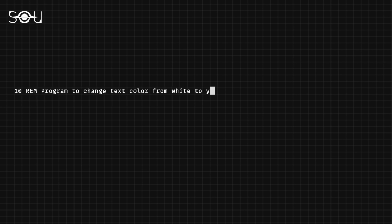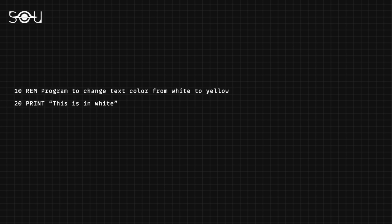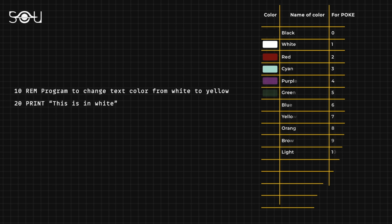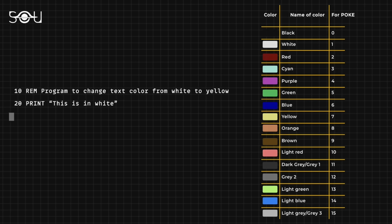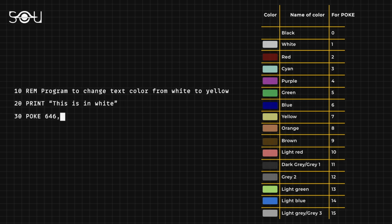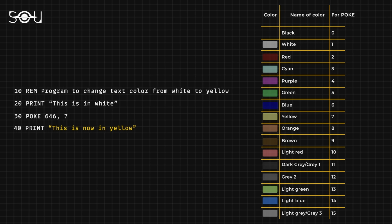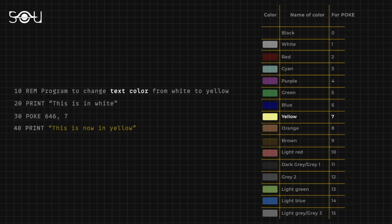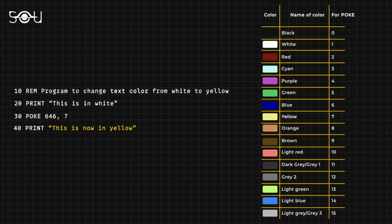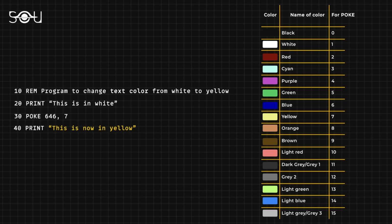For instance, in some old computer systems, like the Commodore 64, if you wish to alter the text color, you could achieve that using the poke command. Each color is denoted by a number, and the text color is managed by the value stored at a specific memory address. By executing a command like poke 646,7, you could change the text color to yellow. Here, 646 represents the memory address responsible for the text color, and 7 signifies yellow. This command gives programmers precise control over the system's physical features, making it a valuable tool for implementing exact changes